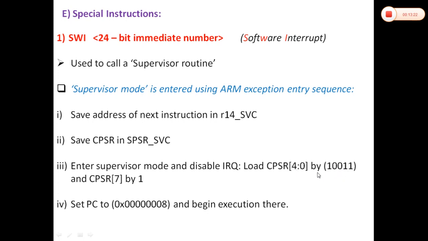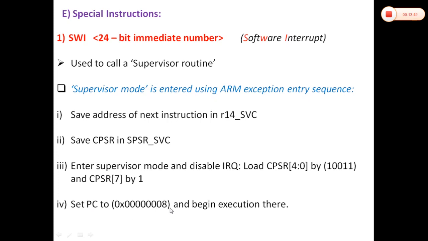Also it disables the IRQ, interrupt request, and for that it has to set bit number 7 of CPSR. These bits, which are part of the control field of the CPSR, are modified as shown here, and then the program counter is loaded